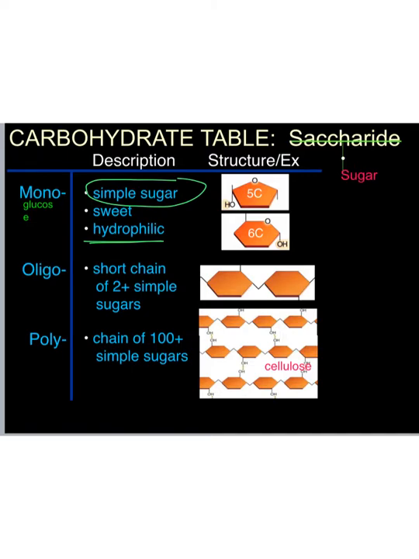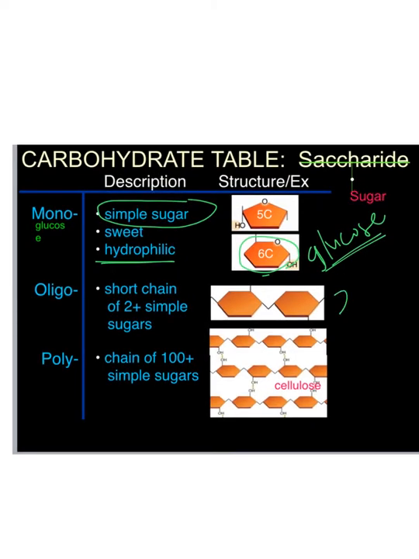So we can have just one of those simple sugars, and that's called our monomer. So this molecule right here is glucose. That's one of our most important monomeric simple sugars that we will talk about in biology. We can have short chains of those monomers. So when we take anywhere from 2 to 99 of those monomers and put them together into a polymeric form, we refer to that as an oligosaccharide. When we have 100 or more of our simple sugars in a big long chain, we refer to those